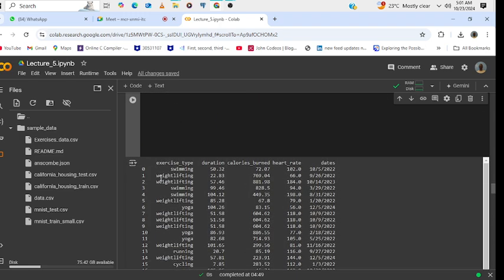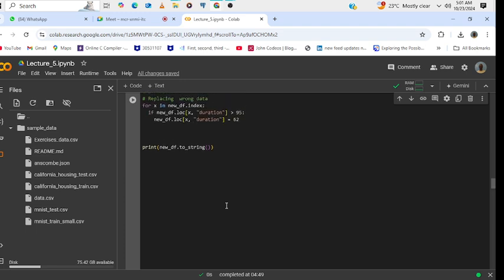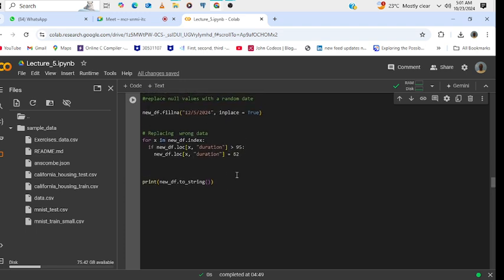And you can see that in our row number 3, we have the value of duration as 99, which is greater than 95, and in row number 4, we have 104.12. So let's see if we are going to change that. So if we run this,